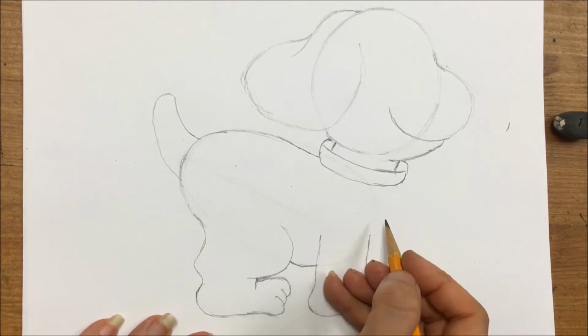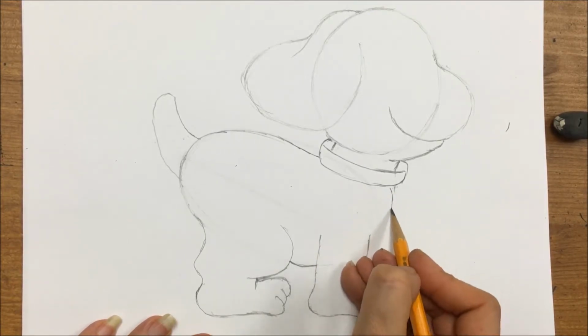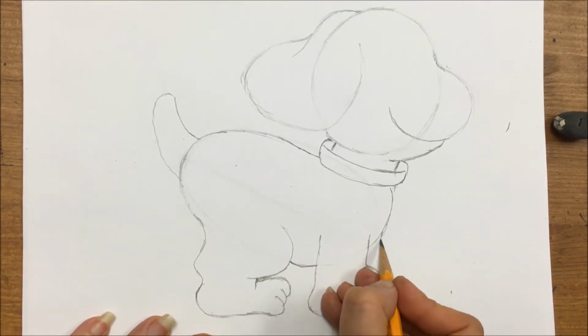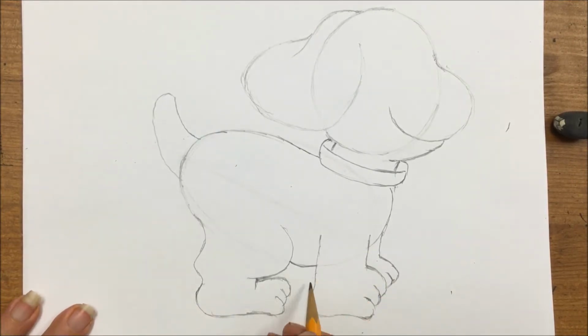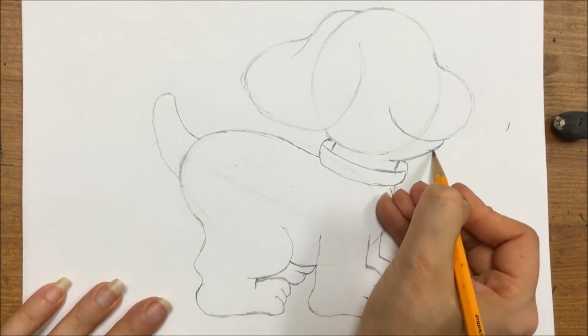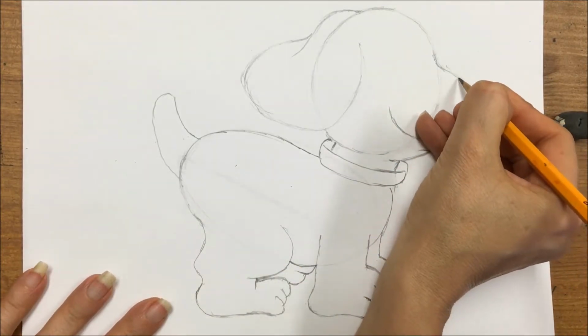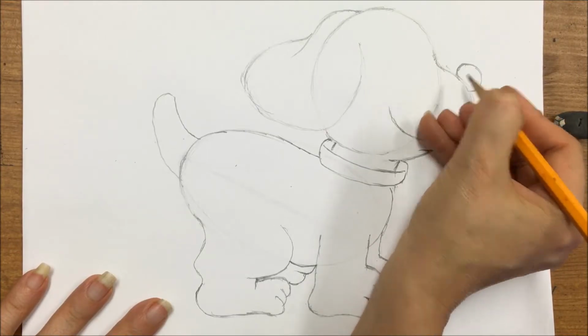Now I'm gonna draw his chest right here and another arm here and other toes here, and then his back toes right here. Now I'm gonna draw his nose right here, a little oval here,